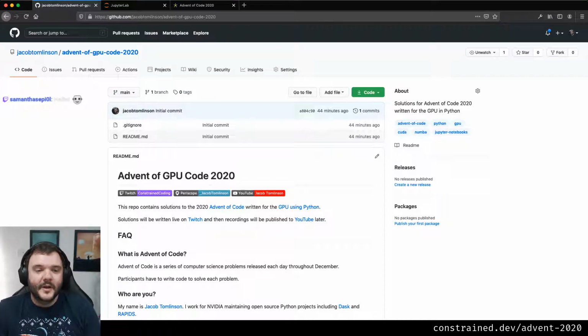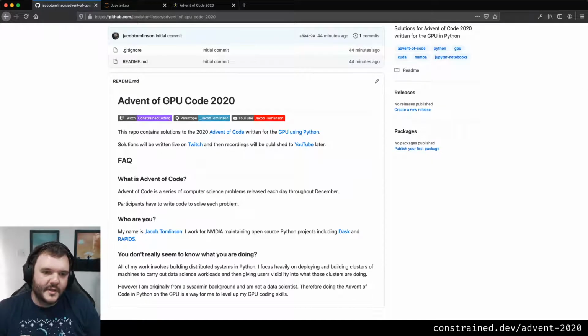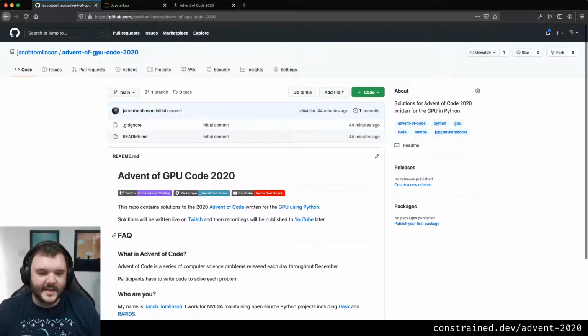So I'm going to be basically working through Advent of Code. I'm going to do it in Jupyter. I'm going to be using Numba, and hopefully going to be learning a bit about how to write code for GPUs. So I've got a Git repo set up here. I'm trying to keep some questions and information in here if people pop into the stream and want to ask some questions. I've got some stuff going on here to answer some of those. I will keep it up to date as I'm going through. I'm also going to store my solutions in here, but I'm going to do everything in Jupyter.